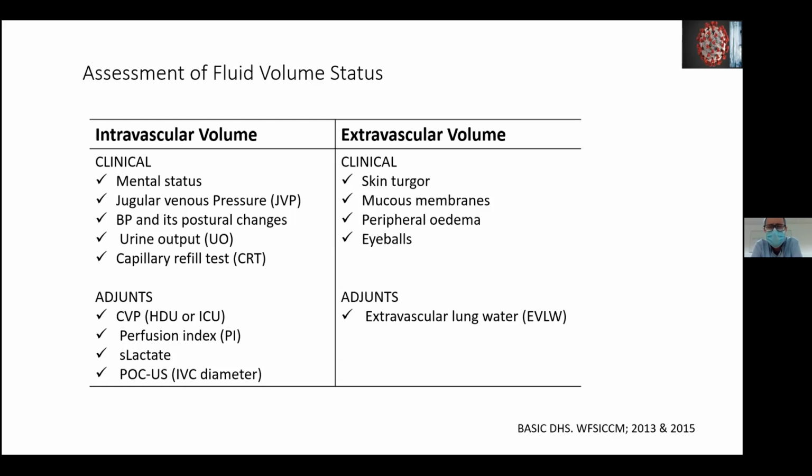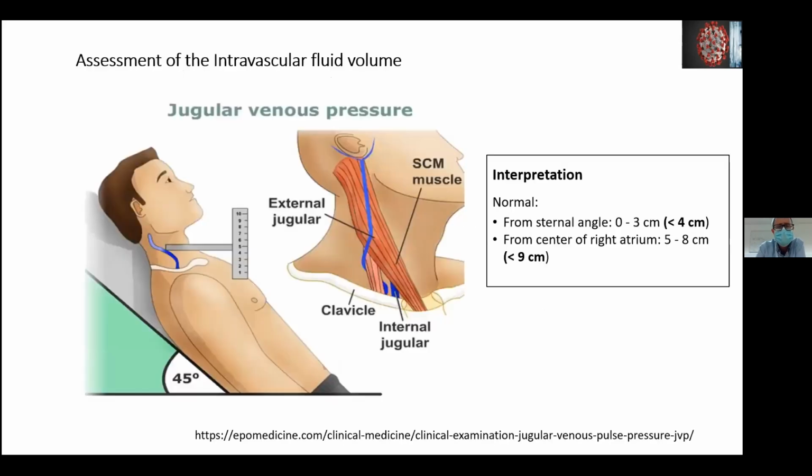Adjuncts for extravascular volume are very advanced techniques that can be done in ICU, but we are not going to touch on this because it's very advanced. Jugular venous pressure is very easy to determine. Sometimes people think that we need to insert a central line to measure the pressure in the venous system. Really, if you want to remember that